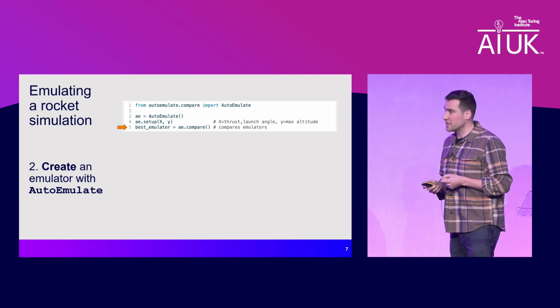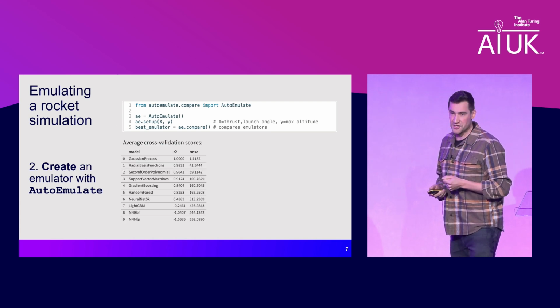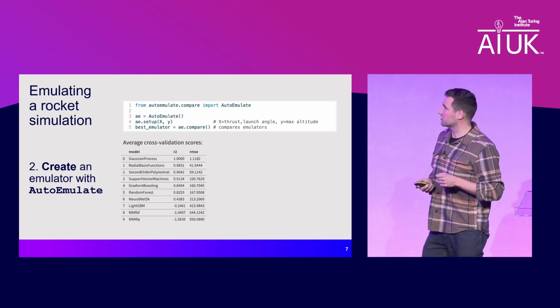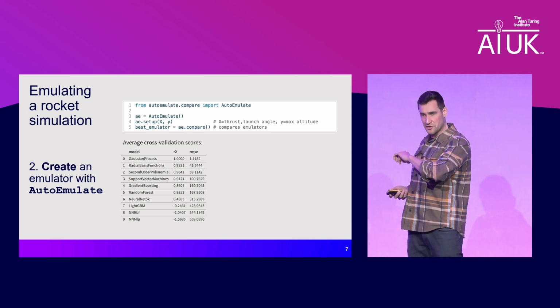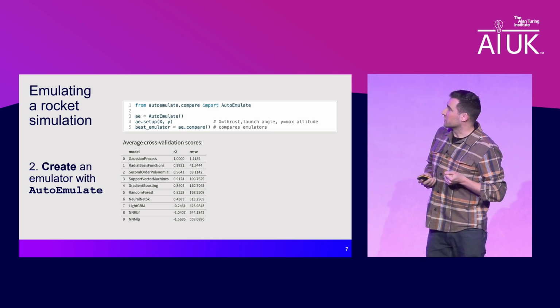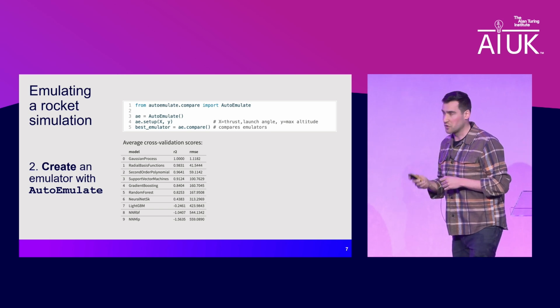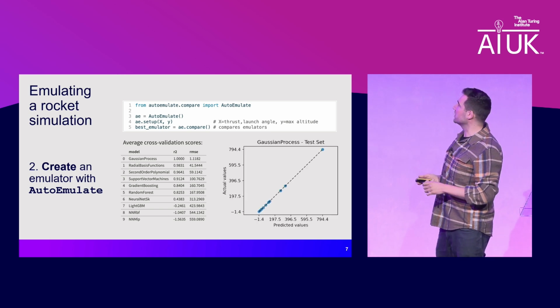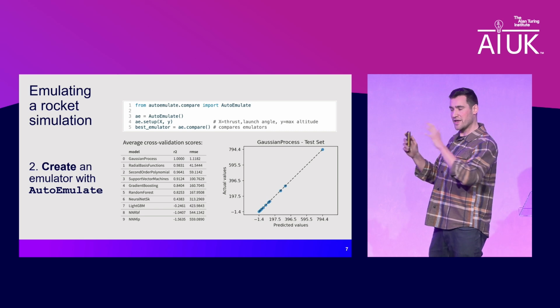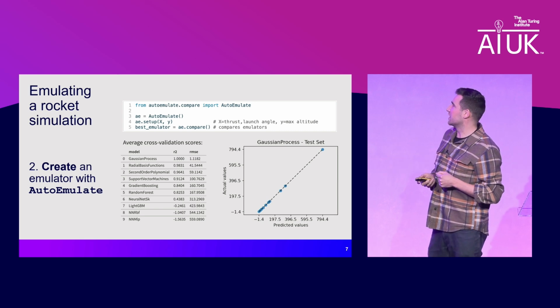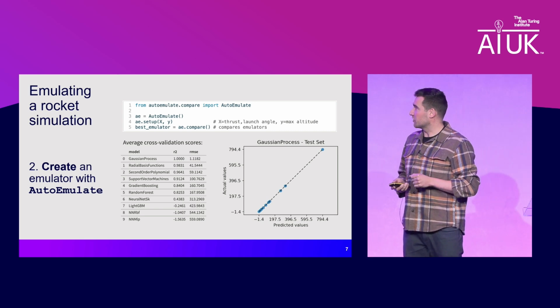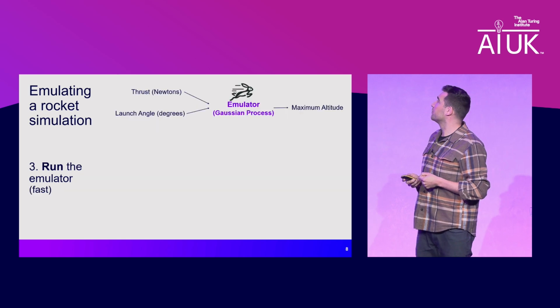And it does a few things under the hood. And we can check what it did and how well it worked. So we can see that it evaluated lots of different models. And in this case, the Gaussian process regression was the best emulator model for that given simulation. We can also do lots of plots. So you can see how well the model is doing, like on an independent holdout set, for example, and look at this visually. So it's very simple, just a few lines of code.